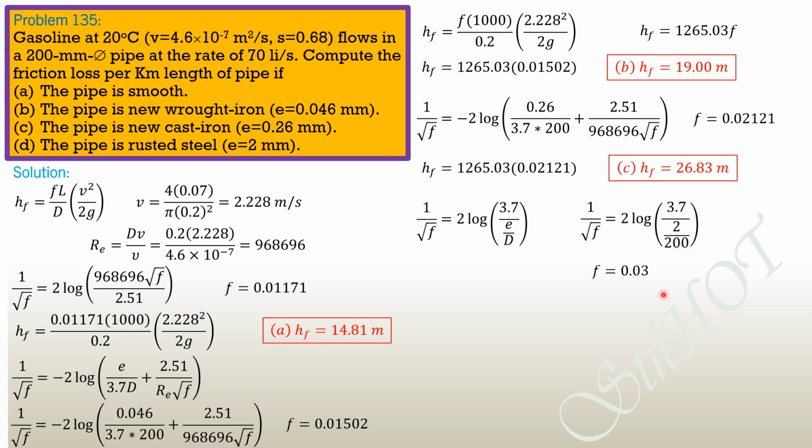And friction factor is equal to 0.03790. From there, substitute here, HF equals 1265.03 times 0.03790. So head loss is equal to